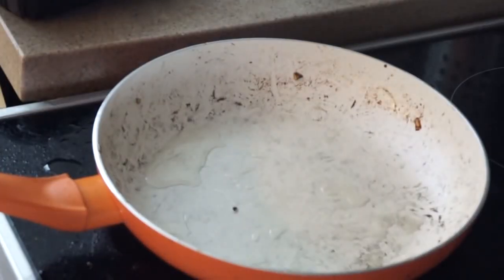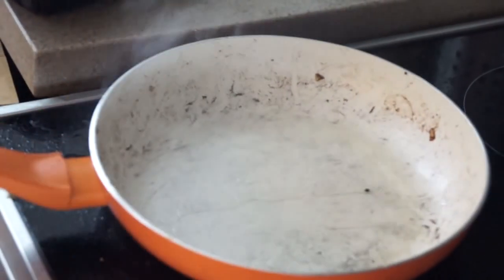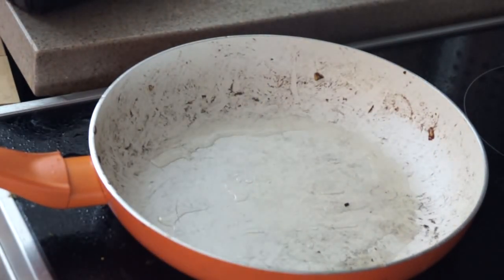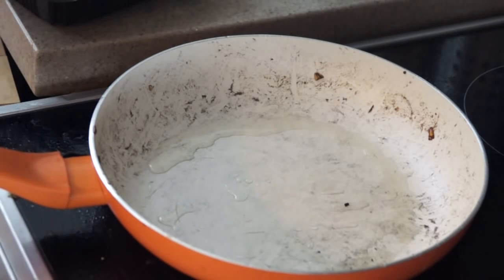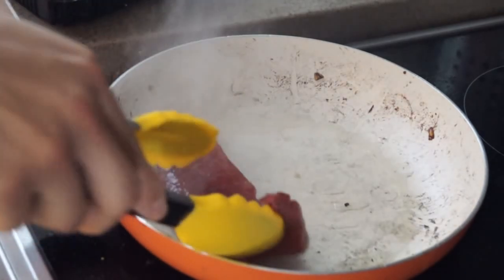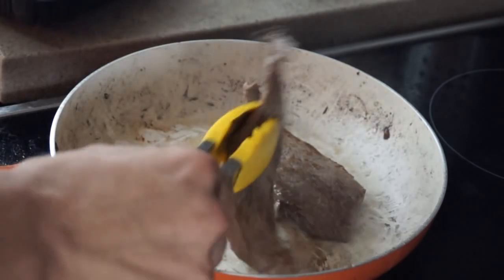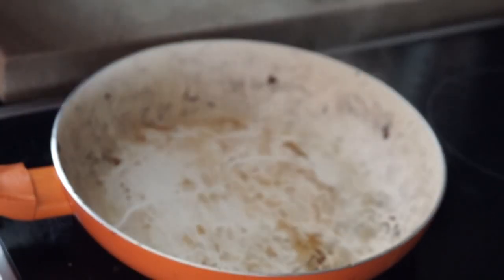Now I'm going to bring a pan to hot heat, a little bit of oil in it. You see now it's nice and hot and burning. And I'm going to very gently put in our pieces of steak, and it's going to be really quick. It's very thin, remember, so you just want to do it just for color. Once the beef is colored, we're just going to take it out, rest it a little on our chopping board,